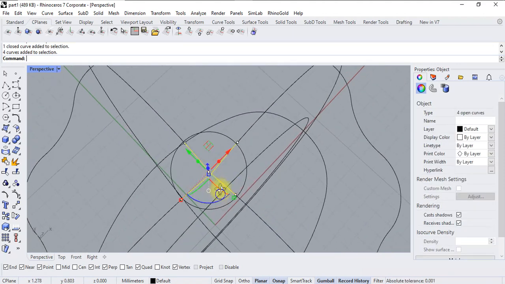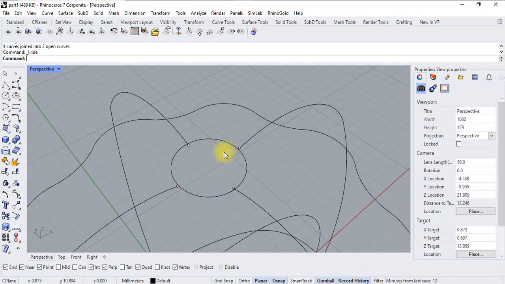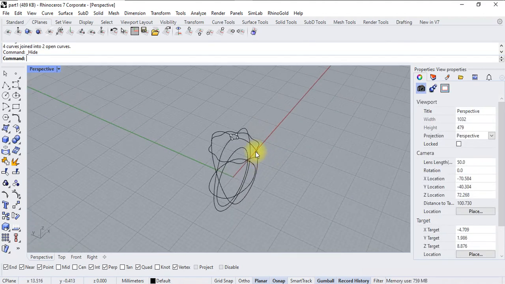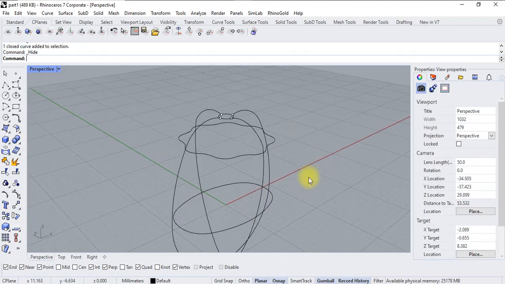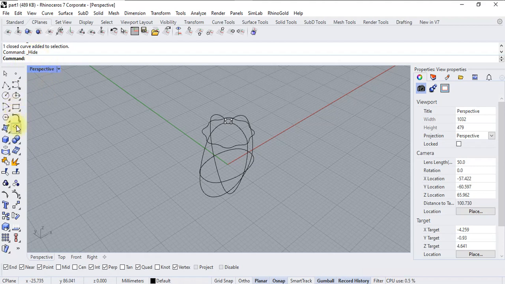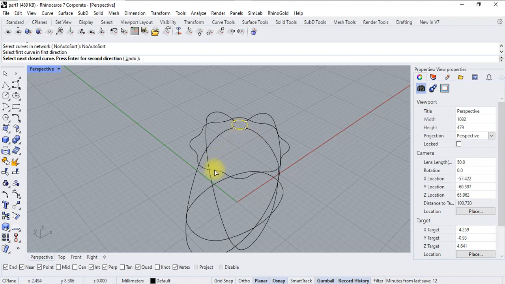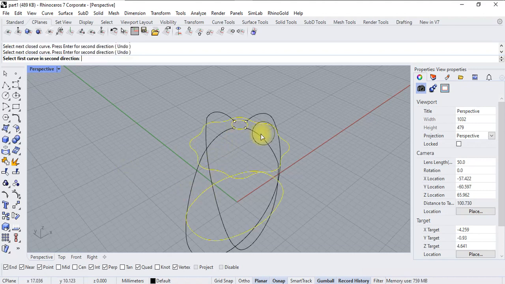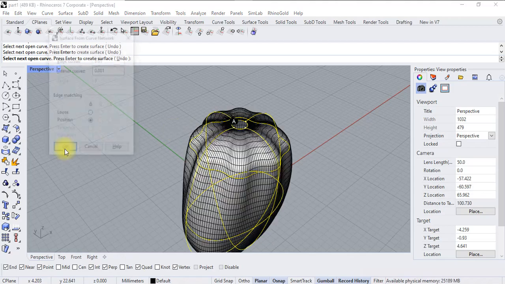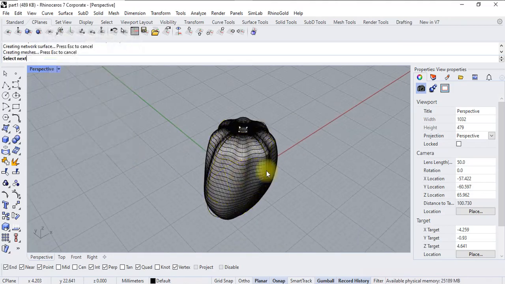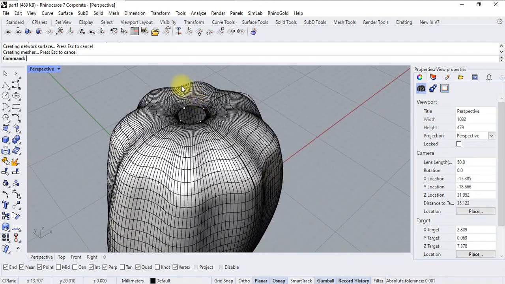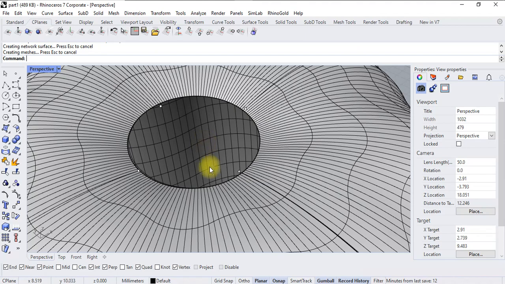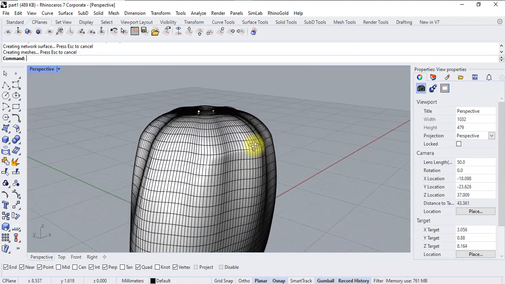network surface. Okay, hide this. Now first direction curve and second direction curve. So use network of curve, no auto sort, first, second and third. Then enter, first, second, third and fourth. Okay, it's now perfectly creating our output. Yeah, we will apply diamond and with the bevel setting. We will also use the merge option later, but right now we are just using this option for our